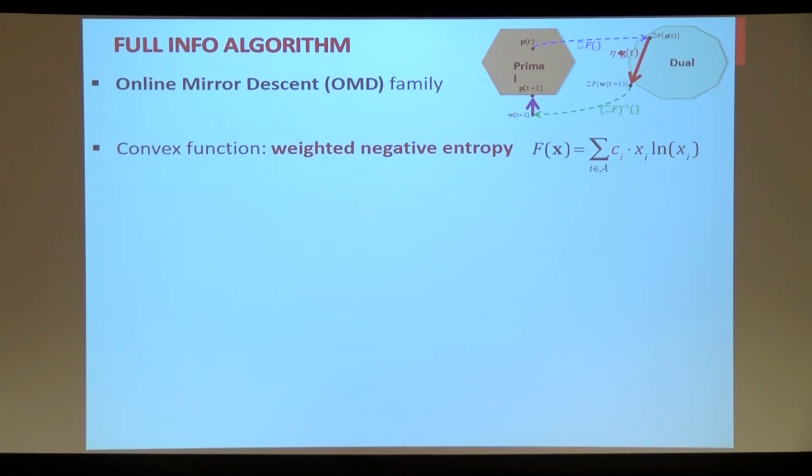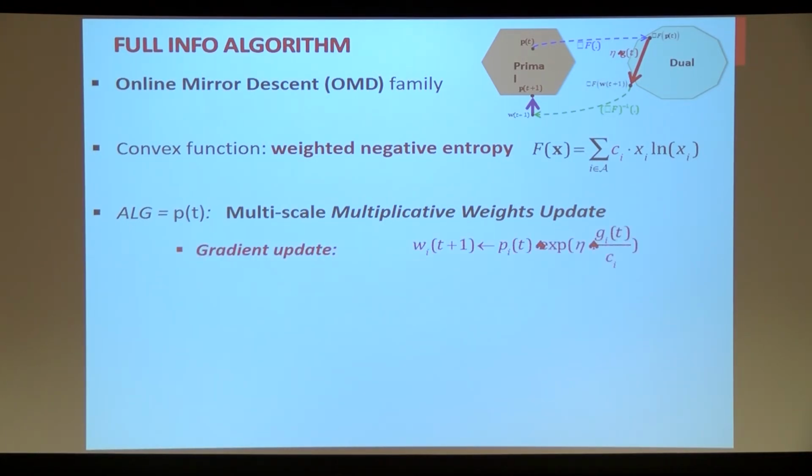Now, what happens if you have this modification? Suppose that each time the algorithm picks one of the actions with a distribution called p_t, and I'm going to show you how this algorithm, which I call multi-scale multiplicative weight update, updates p_t at each iteration. Here is the gradient update. Let me actually read it to you. It is basically like multiplicative weight update. You multiply p_t for each arm by e to the power of eta g_it divided by C_i. So you're normalizing the reward of arm i with the range of that arm, and then you update. This one is not that different from multiplicative weight. You just have these C_i's.